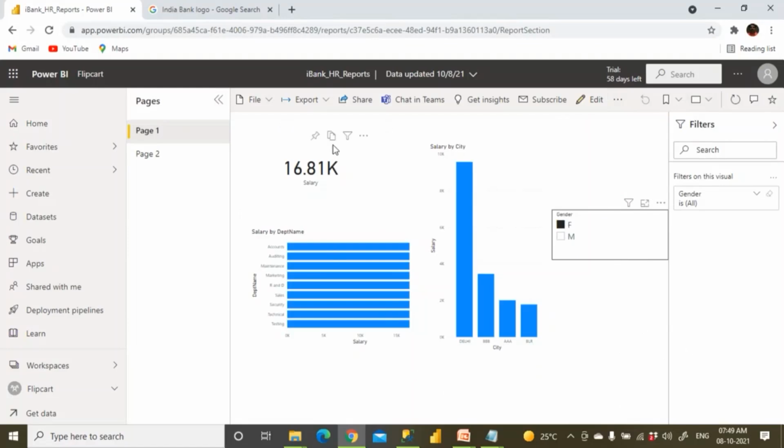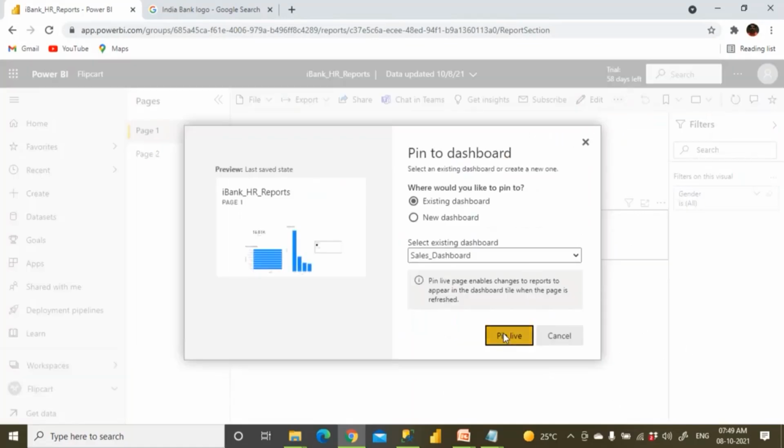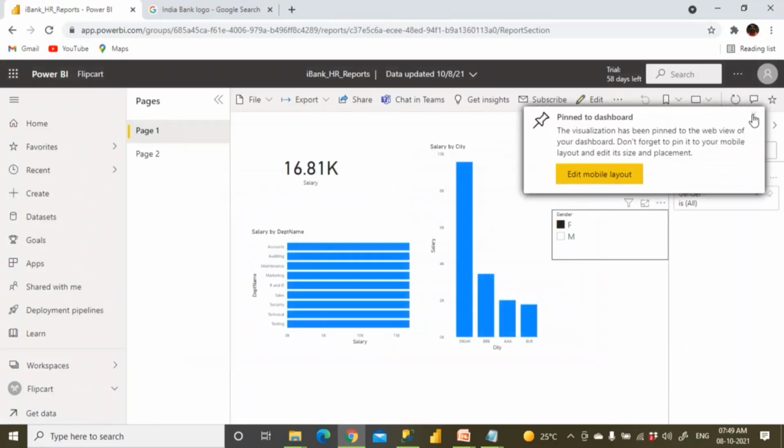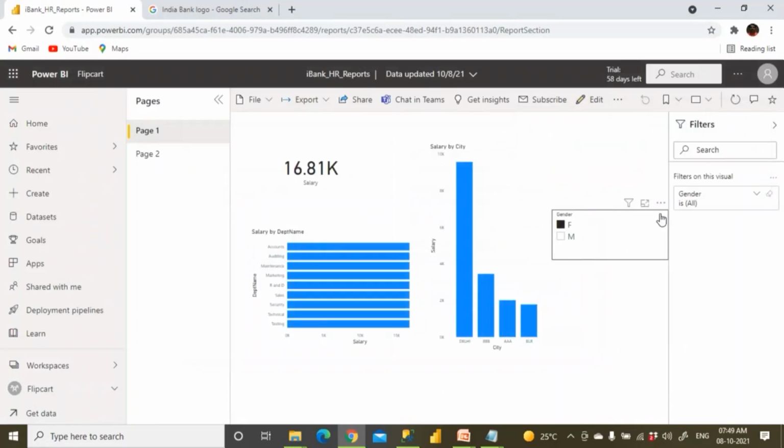And if I'm keeping the entire page, this slicer is going to be placed and play an important role there. So an individual slicer cannot be implemented. The entire page we should be able to pin to live. Okay, so there is only one way if I wanted to include a slicer,